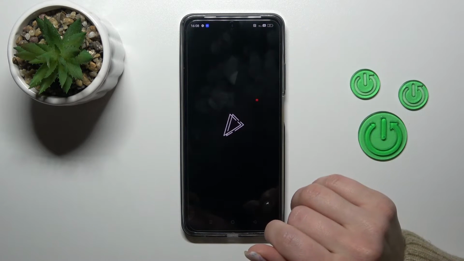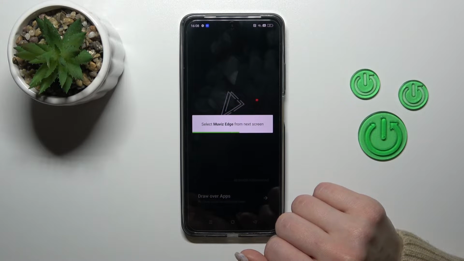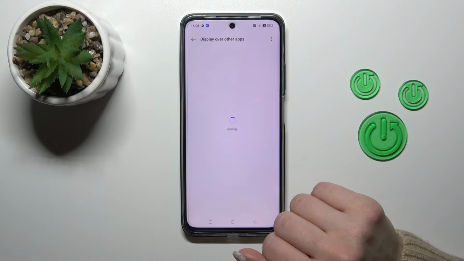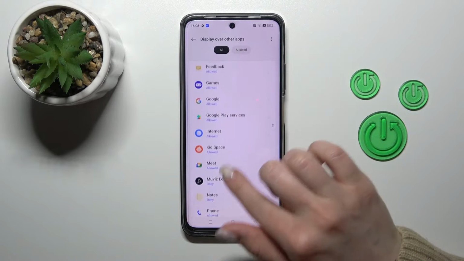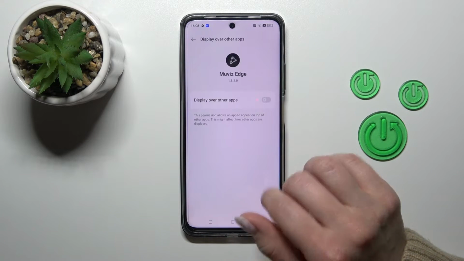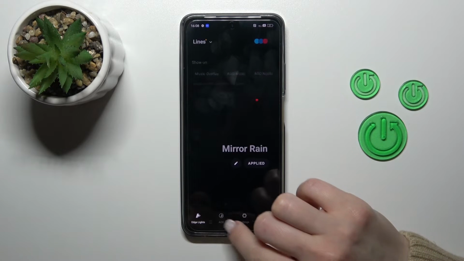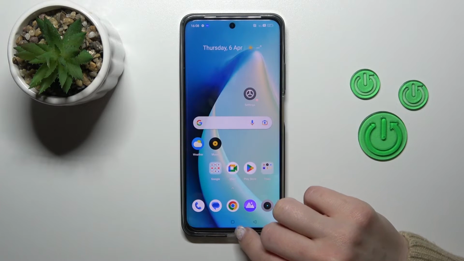So after that, tap to open and tap to draw over apps. Now scroll down and find here Muviz Edge, click the switcher and go back twice to the application. Tap here to